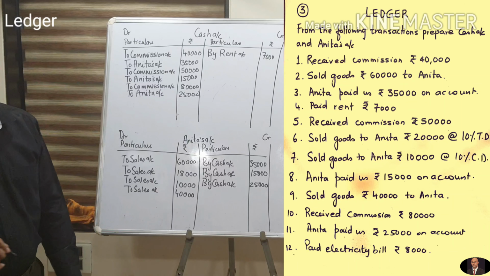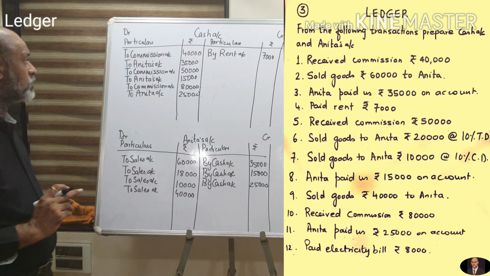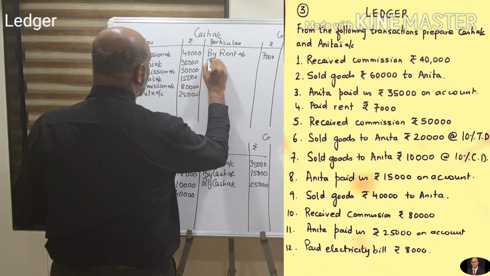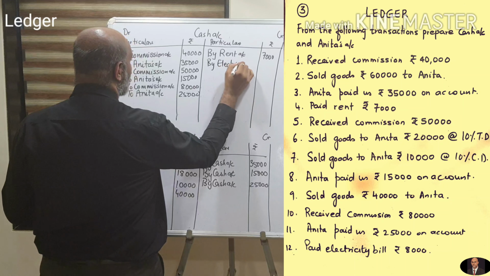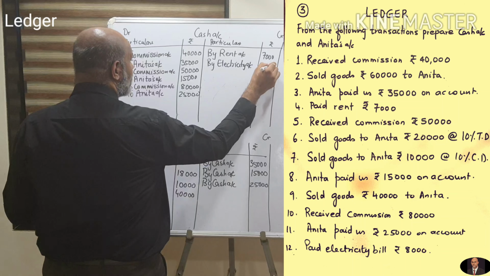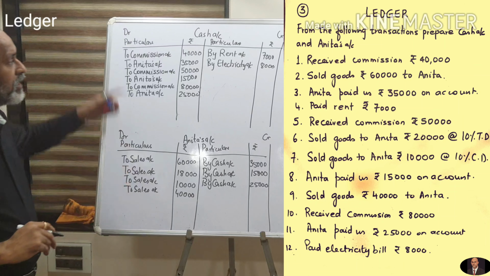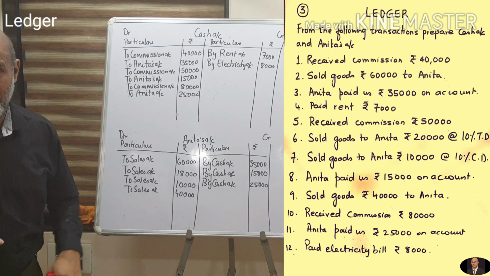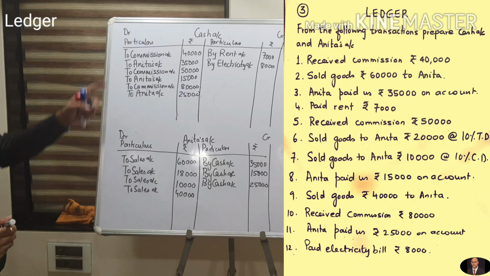Okay, fine. Paid electricity bill rupees 8,000. You are paying an electricity bill, so it is by electricity account, or by electricity bill account, rupees 8,000. Okay, so what is happening? We have finished all the entries related to cash and Anita. So the first thing now we are going to do is we are going to balance